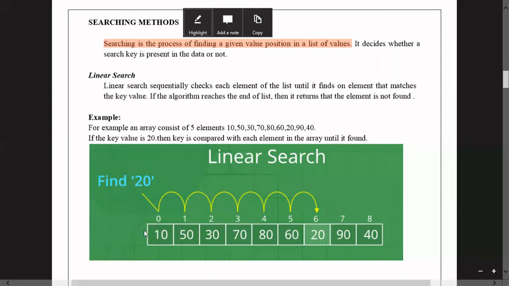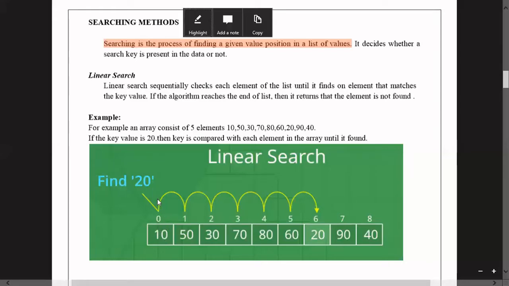In the given values from 10 to 40, the value we are going to find, the key value, is 20. We are going to search for that 20 against these values. First we pick one value from the array, at index 0. So 10 comes. We compare 10 with 20, whether they match.